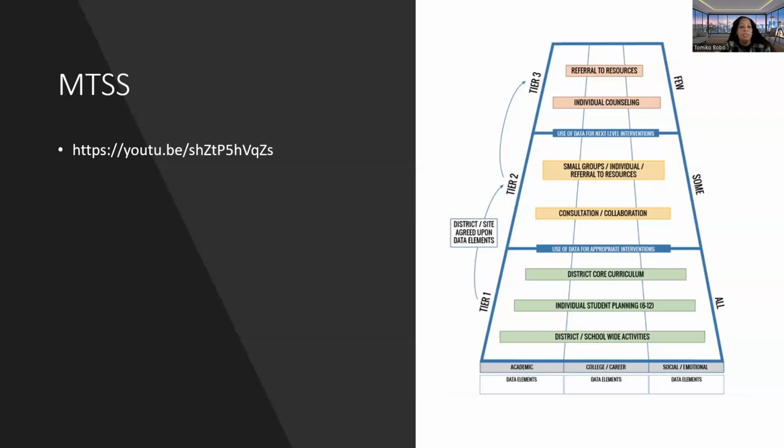All right, the next level is the tier two, which is what we've been talking about in chapter 3. So this gives small group, individual, referrals to resources, and consultation and collaboration. And so not everybody's going to get a tier two strategy. And as you can see, you flow through the tiers. So you can be a tier one in November, then you can be a tier two in December, you can go back to a tier one, and then you may need a tier three depending on a certain event that may have taken place in your life, and now you become a tier three